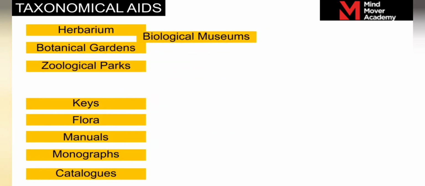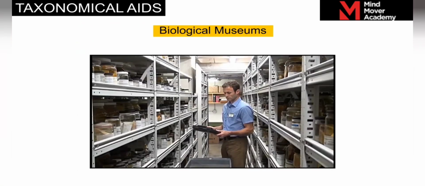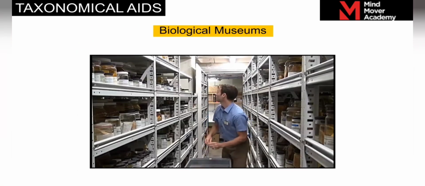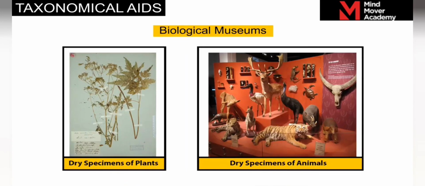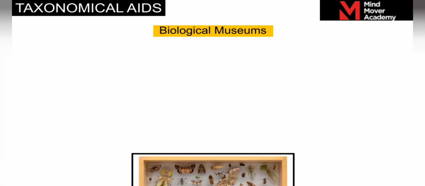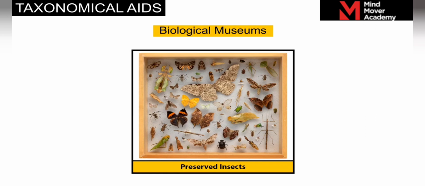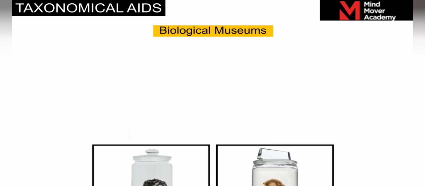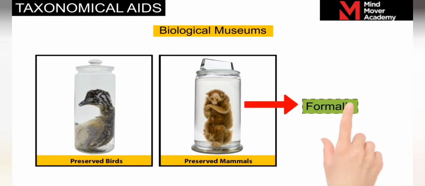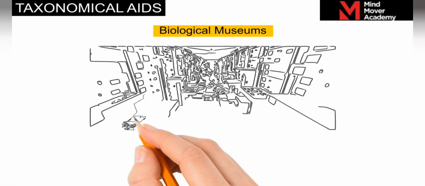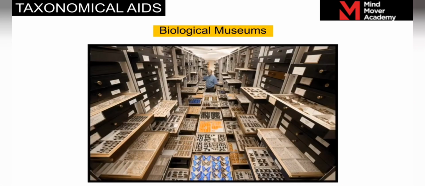Alright, now let's talk about the biological museums. This is yet another interesting way to achieve the goal of storing and preserving the information as well as the specimens. So plants and animals are sometimes preserved as dry specimens. Insects are preserved in insect boxes after collecting, killing, and pinning. Large animals, for example the birds and mammals, are stuffed and preserved in containers. The preservative solution, which is formalin, is used for meeting this goal of preservation. Now, organisms as tiny as insects to as big as mammals are also preserved in a biological museum.